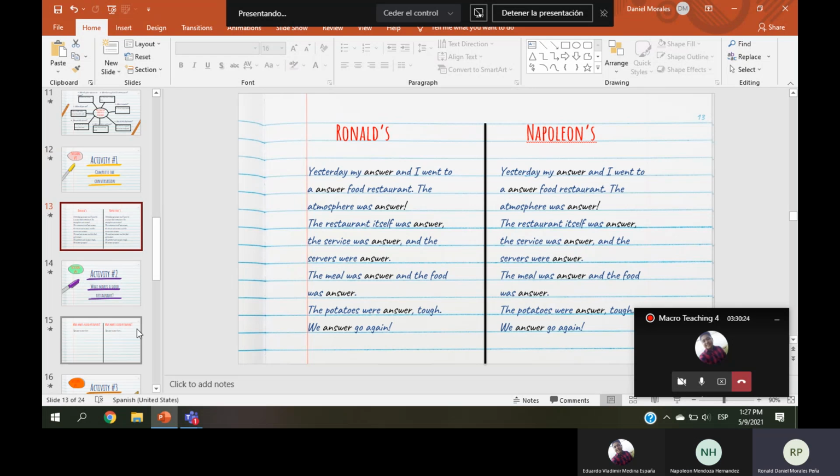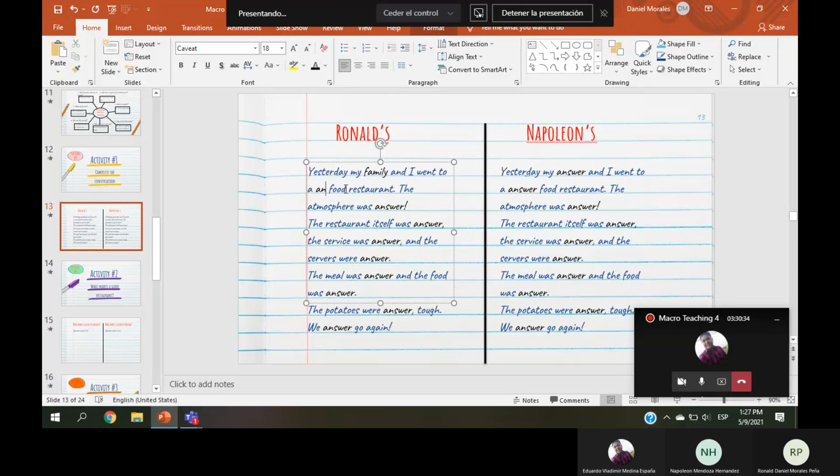Okay. So let me think. Yesterday, my family and I went to a Mexican food restaurant. The atmosphere was good. Oh, sorry, teacher, I misspelled this word here. Don't worry, it can happen. The restaurant itself was excellent, the service was